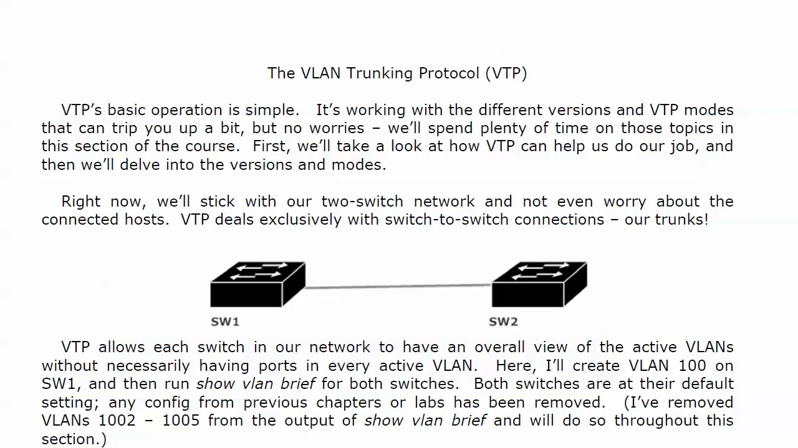One of our examples will have an additional switch. And not even worry about connected hosts because the VLAN trunking protocol is going to run strictly over our trunks. We are looking only at switch-to-switch connections. The hosts don't even get involved. Also, both switches are at their default setting and any config from previous chapters or labs has been removed. In the book, if you were kind enough to buy that, I appreciate it, I've removed VLANs 1002 through 1005 from the output of show vlan brief,